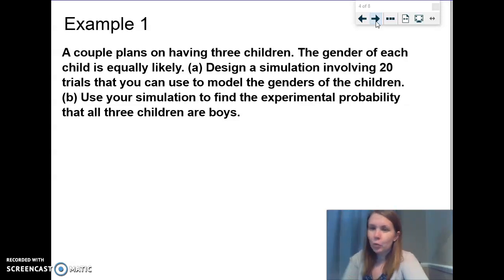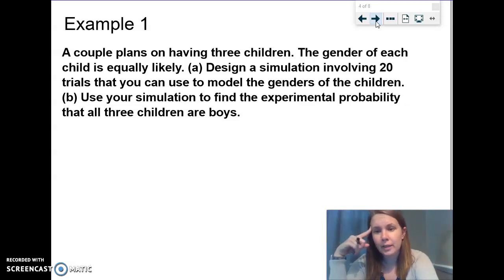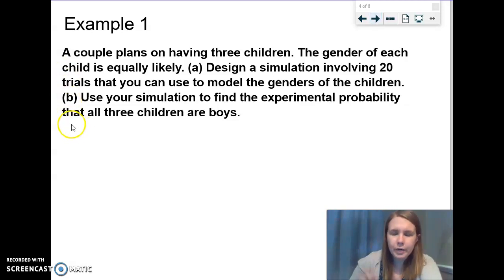Okay, so we're going to take the time and we're going to do this. My first thought is, the way I can simulate this is because there's the 2 genders, okay, male and female. We're not getting into gender fluid issues or gender identity right now. So we're just thinking about male and female. And something that has 2 options is a coin. So we can flip a coin 20 times, 3 times each, because we need 3 children, and see what we come up with. Okay, so I'm actually going to start by numbering out my notes right now from 1 to